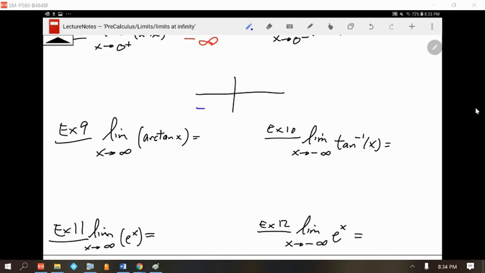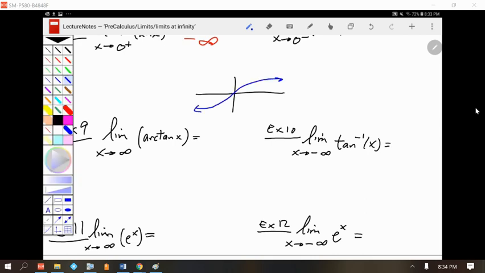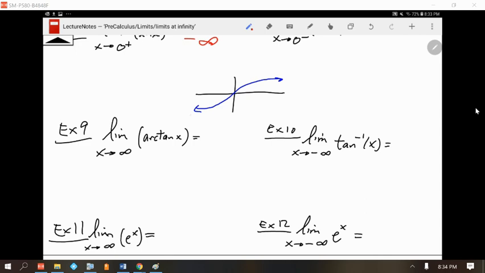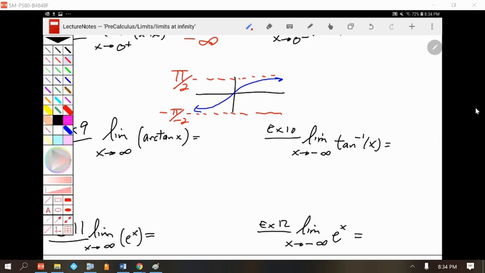And the arctangent function, this is now at least the third time this year, maybe more than that, but this was also on our last video about horizontal asymptotes. The arctangent function has two horizontal asymptotes. One of them is at pi over 2. The other one is at negative pi over 2. Okay, so like this question number 9,